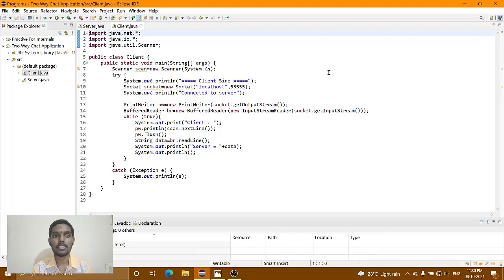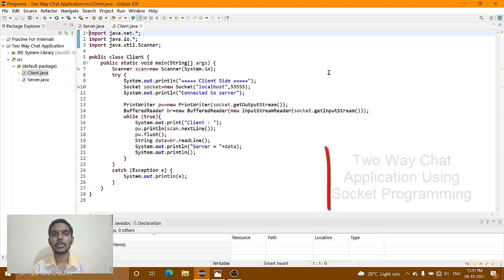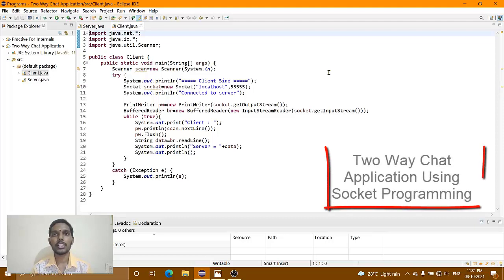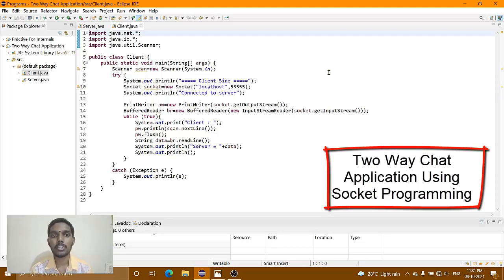socket class object as socket by passing two parameters. First one is the host, whether it is a local host or a remote host. If it is a remote host, we need to give either the IP address of the host or the domain name for the host. Here I am going to make use of the local host, which is